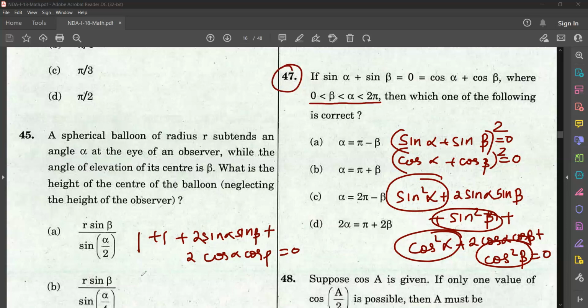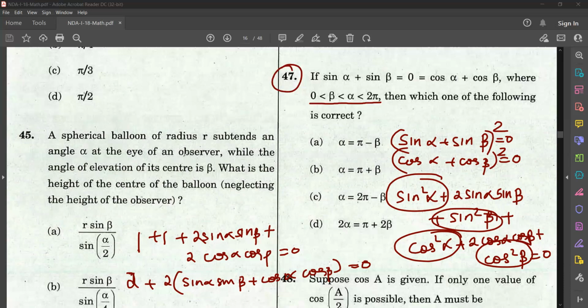So listen, if I take this 2 common, it will become sin alpha sin beta plus cos alpha cos beta, that is equal to 0. Taking this 2 to the other side, that will become negative 2 and this 2 will get cancelled, isn't it? So 0 minus 2, negative 2, and this 2 I can cancel. So here there will be a negative 1, and see, sin alpha sin beta plus cos alpha cos beta,